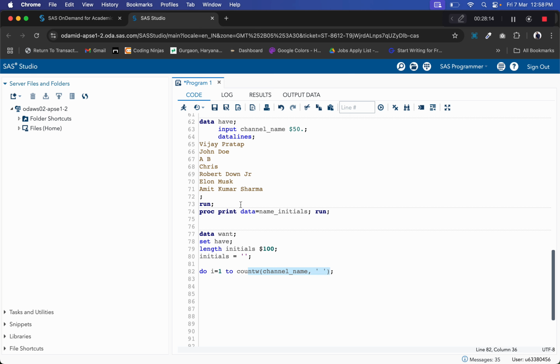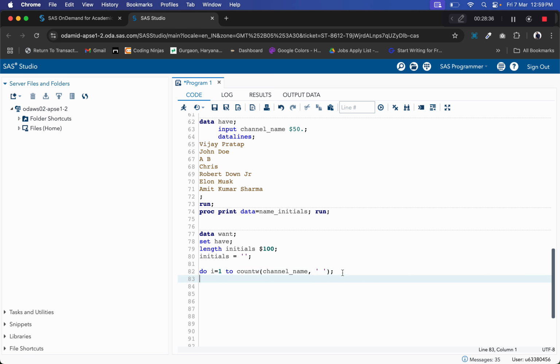Similarly, here we have three words, Robert Downey Jr., so we will get three, and this loop will run from i equal to 1 to 3. So the countw function will count the number of words in a string. In this string we have three words, we get three; in this string we have two words, we get two. So this is how countw works.